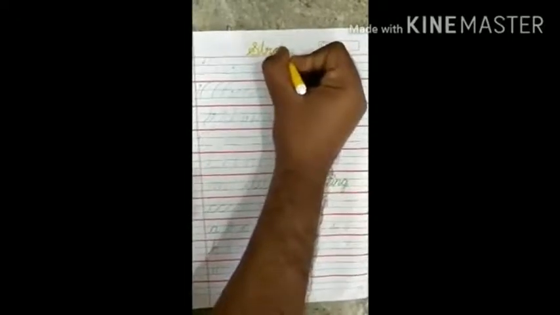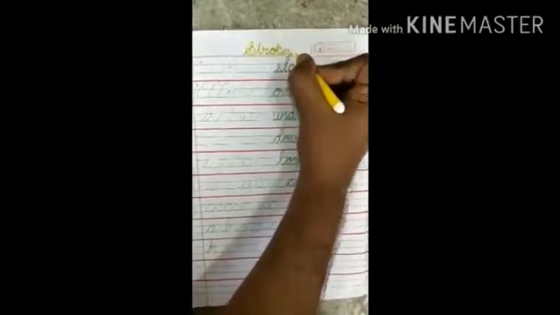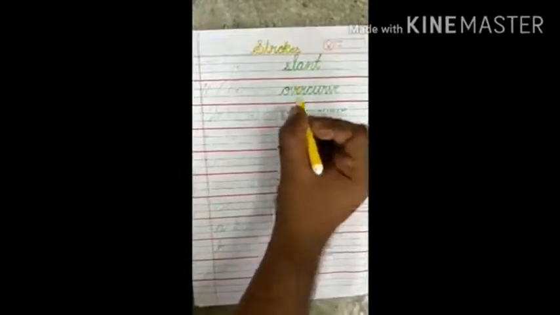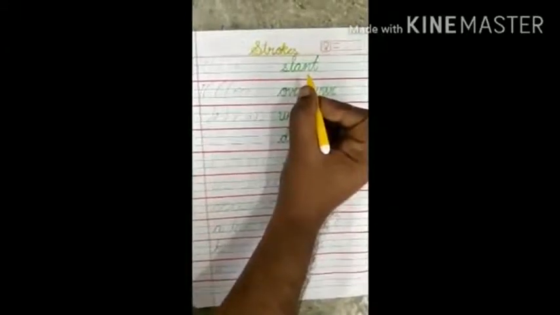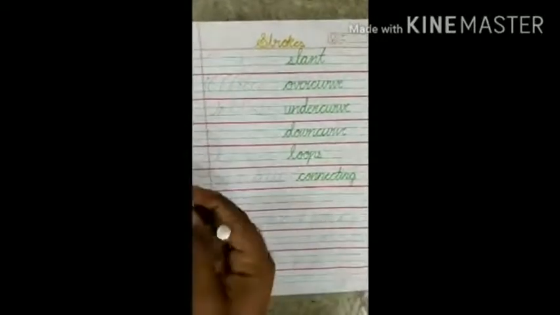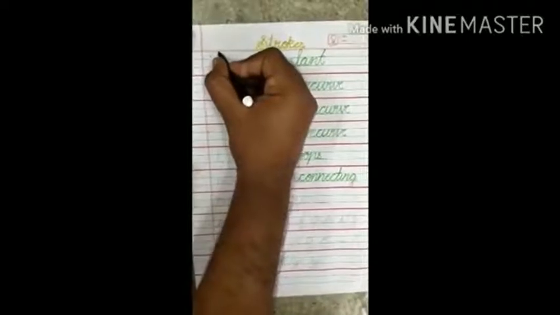What we are going to see now? We are going to see about strokes. Do you remember children any common strokes we have studied in the previous years? Yes, slants are one of the basic strokes. How to draw a slant? To draw a slant, you have to go from the top line to the base line.